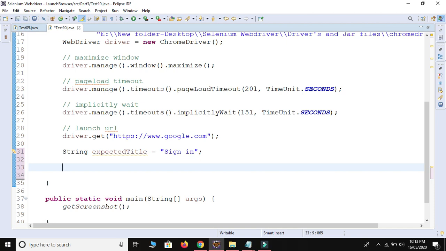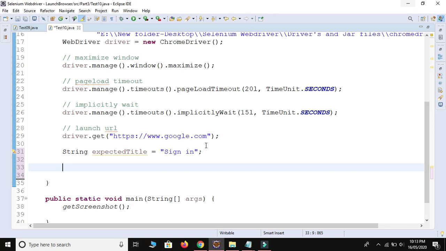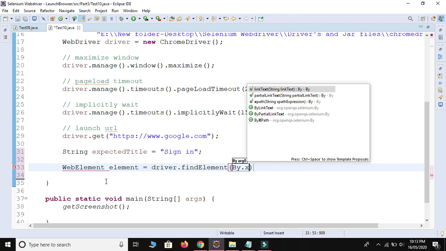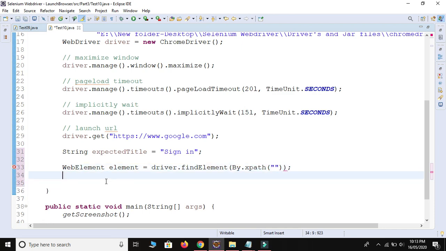So how to get the text of this element? First thing is we need to find the web element. So we use the WebElement interface. WebElement element is equal to driver.findElement(By.xpath), and after finding the xpath we take the text.